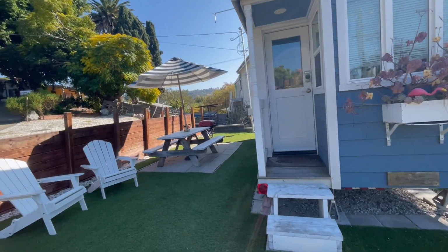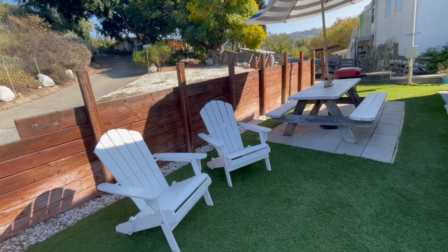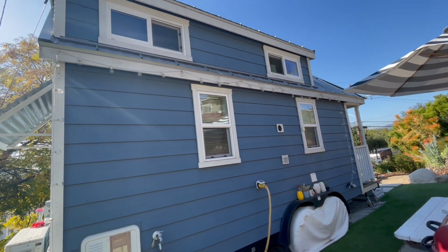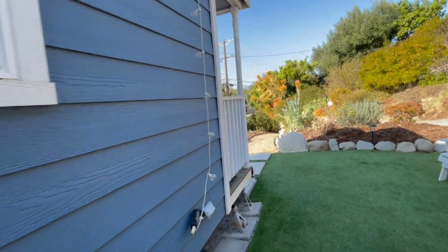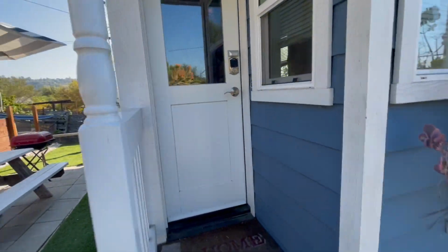Checked in last night and I am so thrilled. So they have this patio area here. As you can see, it's a tiny house on wheels. And let me take you to the front. All right, so